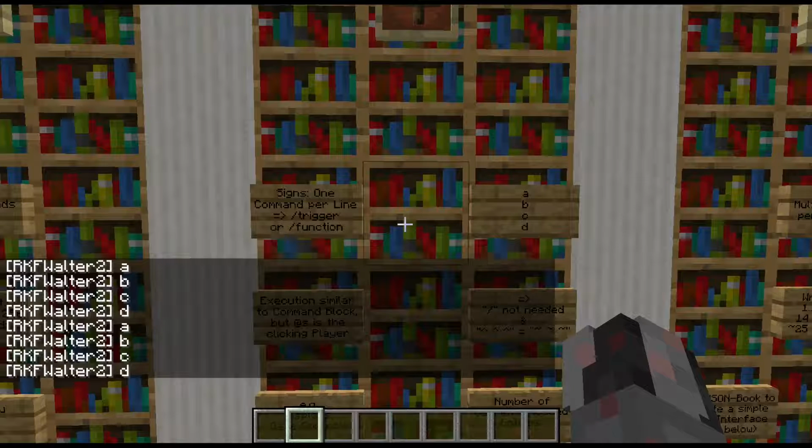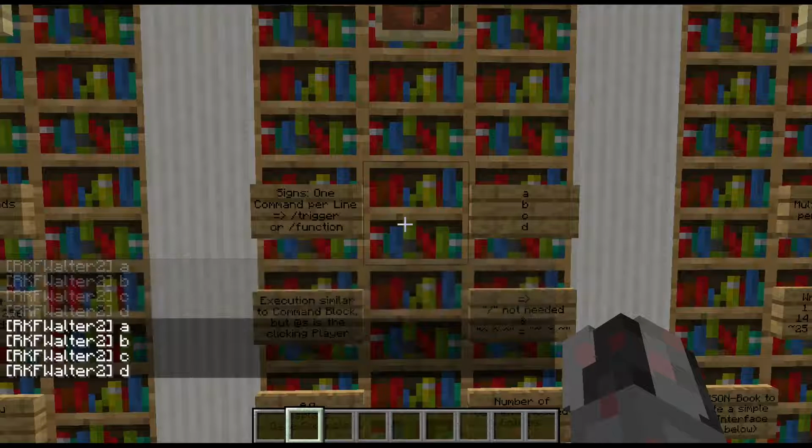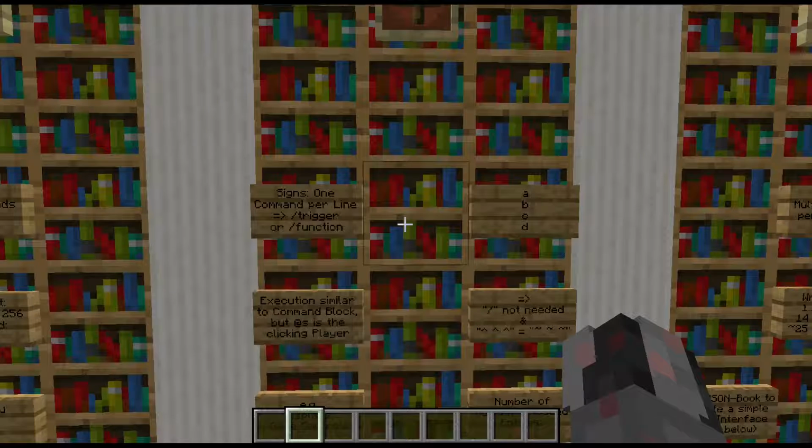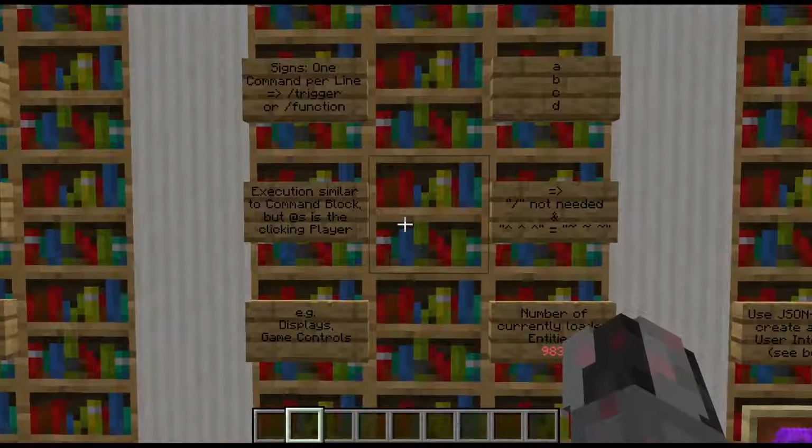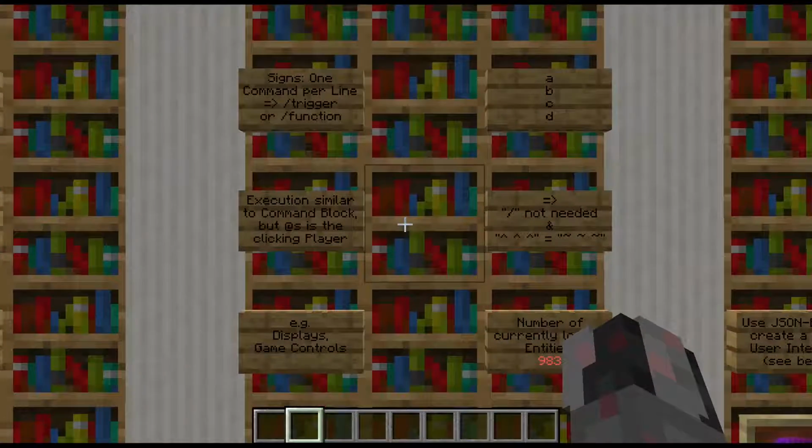You can already write very small and primitive programs with that, but if you need more, again, you need the function command, or if you want, you can also use the trigger command to trigger a data pack function that's running in the background. If you're using signs with an embedded run command, then those commands are executed as if a command block was used, with the sole exception being that the player clicking on that sign actually is selected for the self-selector,